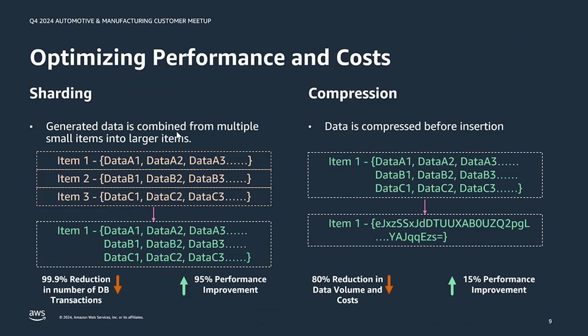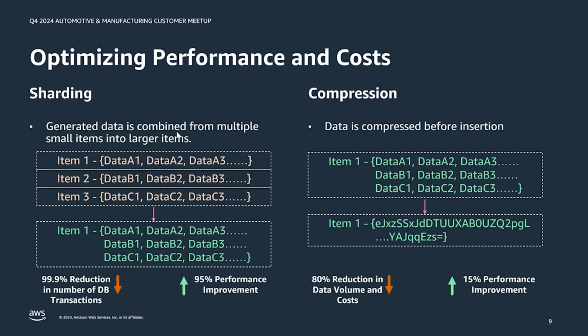Initially, we approached the design with a very SQL-oriented mindset. This meant storing data in a way that resembled a typical SQL table, where each row of a CSV file is an item in DynamoDB. So consequently, writing and reading each item required a separate call to DynamoDB. With millions of items, this approach resulted in performance issues. Due to the sheer number of calls, we had to hit the DynamoDB server